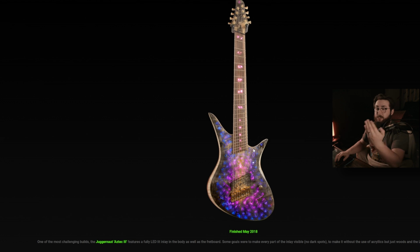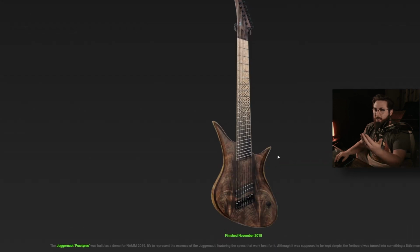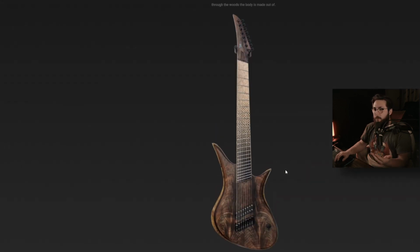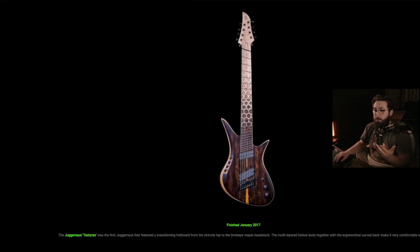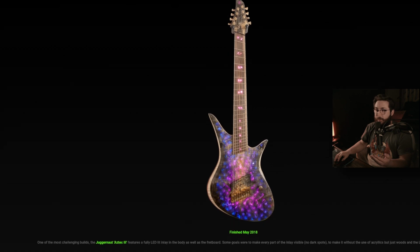This thing is sweet. The colors, the blue and purplish, red, pinkish, whatever, the galaxy colors just pop. It's just so good, man. The work that this guy or this company does is just amazing. And I would love to one day work with them to create a custom guitar whenever I get the money for that kind of thing. And oh my god, I would make some cool stuff. It'd be along the lines of something like this with maybe a mixture of that cool galaxy type thing. But oh,